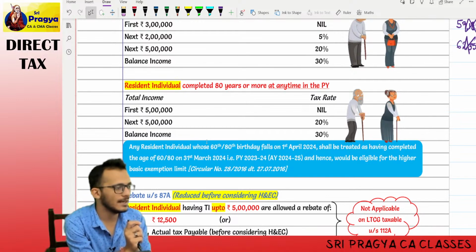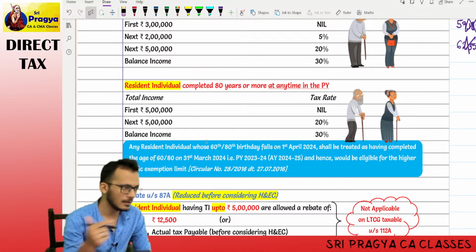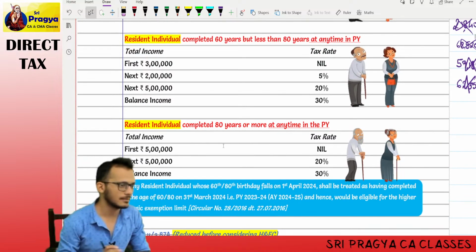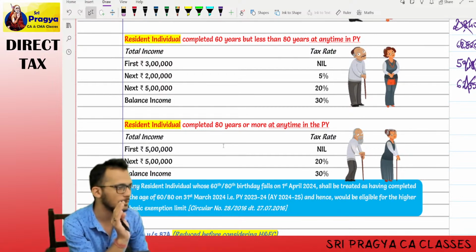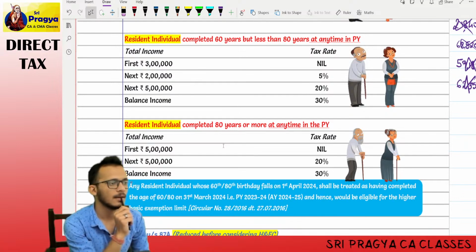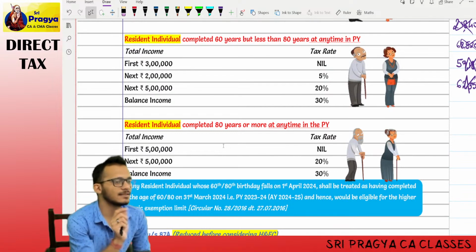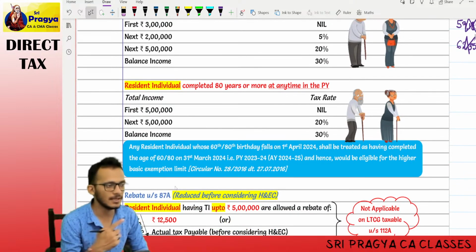Now you have highlighters. I told you one important highlighter you will keep. I have already highlighted the resident part. That is what is important. If it is already showing very clearly in your book, leave it. If not, mark it. If the yellow is showing in your book, leave it. If it is not showing, mark it. The next important thing which is not highlighted is in the blue box. Please make sure that you mark the blue box, that is more important.